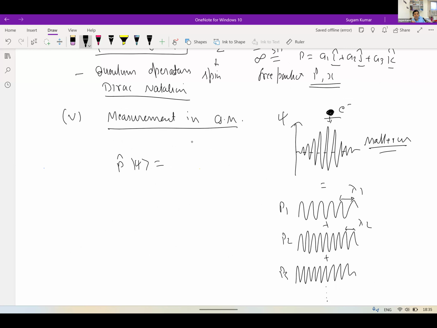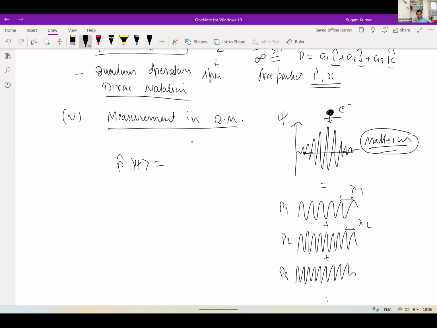Definitely, it is a very simple logic that if you want to measure the momentum of a particle, when this electron acts like a matter wave, it is going to have a momentum spread. It will have all possible momenta. This is not a discrete system. I have shown a discrete system, but please excuse me for this simplification. This is a continuous variation of the wavelength and the momentum. Just for simplicity, I am showing a certain discrete P1, P2, P3. But my point is that this electron will have some momentum spread.